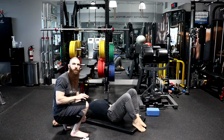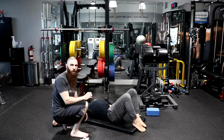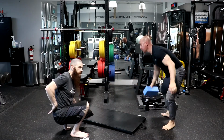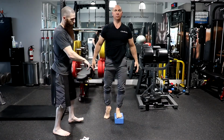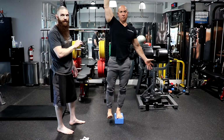And then lastly, we are going to do the segmental strengthening and reinforcement for the Quadratus lumborum, or the QL muscle. This is a deep stabilizer in your lumbar spine, and it is the root problem for a lot of people that have low back pain. This muscle right over here, to strengthen it, you are going to place your non-working leg on a surface that